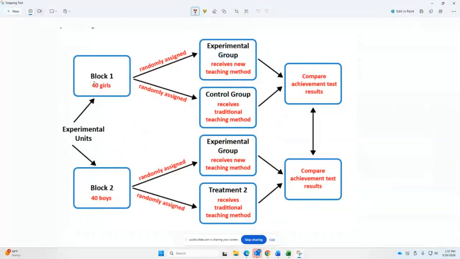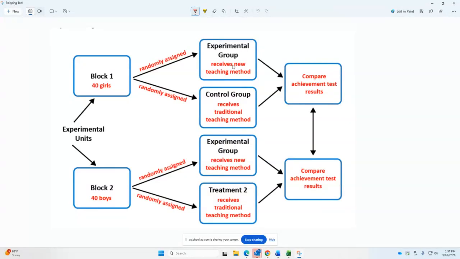So there were 80 kids, right? So 40 girls and 40 boys. So that would be your 2 blocks. And then from each of the blocks, just like you saw in the activity we did in class where you did the 3 high schools and then age would be the second breakdown. A well-designed experiment would have the girls in 1 block, boys in the second, and you randomly assign